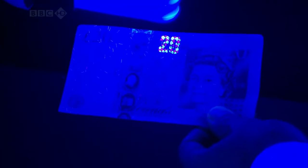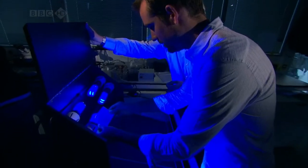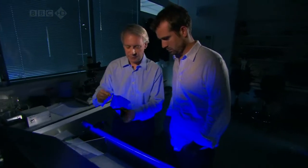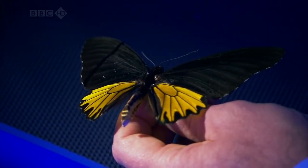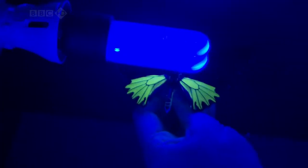Currently, this note is protected by a man-made fluorescent process, which is hard, but not impossible to copy. But as the counterfeiters become more sophisticated, scientists like Andrew are turning to nature to try and keep one step ahead. Under white light, you've got this fairly ordinary-looking yellow. But now if I put this under a light that contains a lot of ultraviolet light, now this yellow is